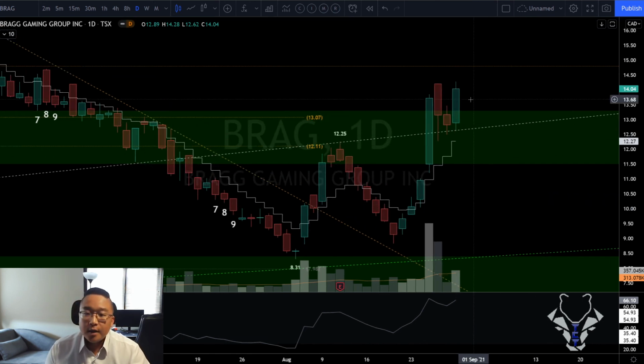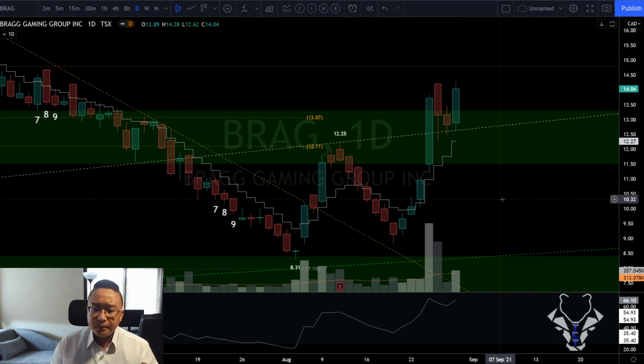Nothing crazy, but if we don't see follow through tomorrow, I would anticipate a little bit more sideways action for that daily 8 to catch up before a next leg move up. But the chart looks great. Even if we were to come down to make a higher low, around this previous